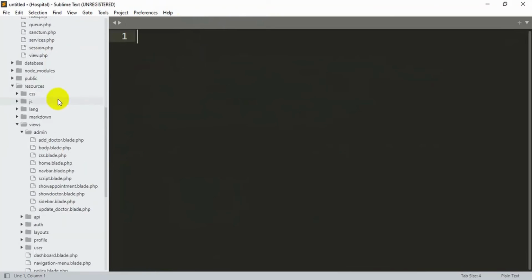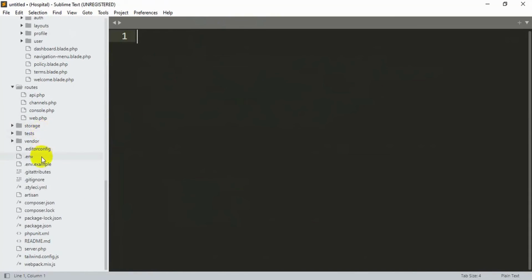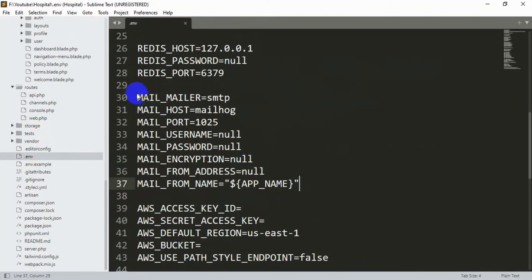Now directly we'll go to our .env file, and here you can see that we have mail mailer, then mail from name over here. Since we want to send email verification, we also need to use an email. Using that email we are going to send email verification messages. So here mail mailer will be smtp, and mail host will be smtp.gmail.com,